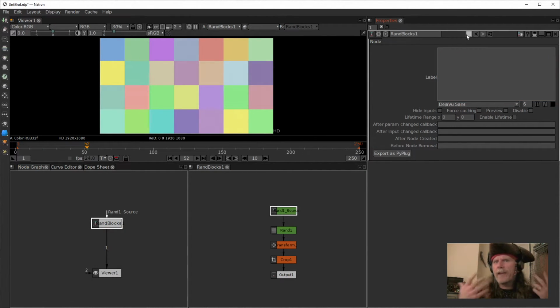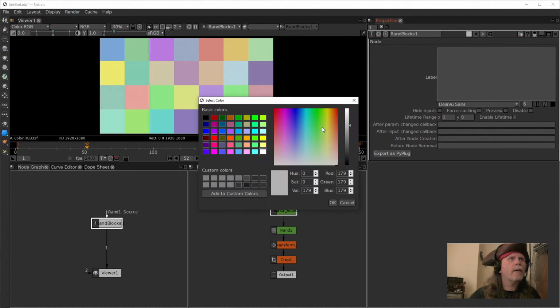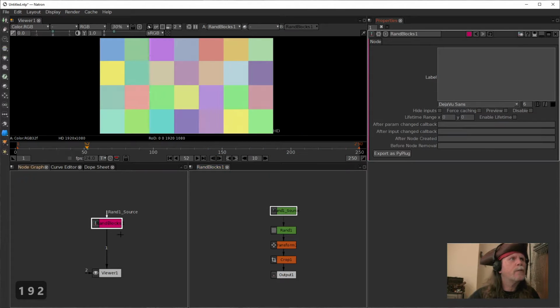We're also going to give it a nice color. Let's give it a color. We'll give it this pinkish color, or go with this. Yeah, that looks good, I don't know why, we're just picking it. We're going to dim it down though, it's just too vibrant right now. Let's set it to like 192. Yeah, that's a much more reasonable look for